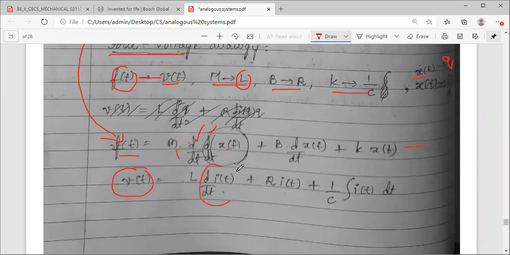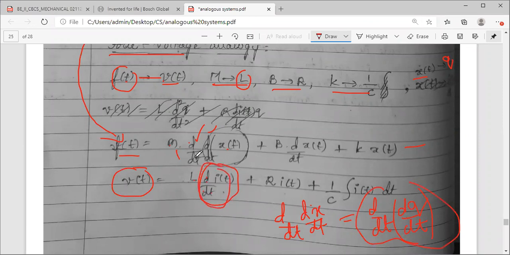Let me just show you how I have written this. It is actually d by dt of one more d by dt, okay, d by dt square, I have split this, of x. But what is x? Analogous. X is nothing but charge q. It is d by dt of one more d by dt of equivalently charge q. Fine. But what is dq by dt? Rate of flow of charges, or charge flow per time. dq by dt is nothing but your current. That's why I have replaced this whole quantity with d by dt of I of t.